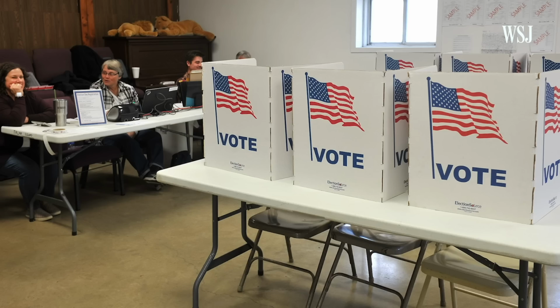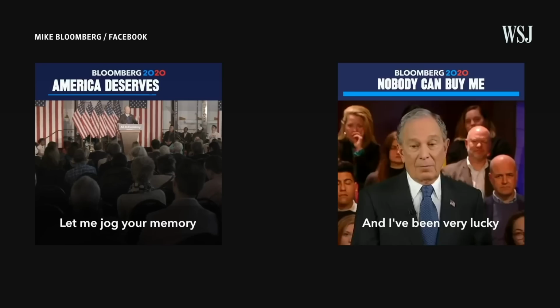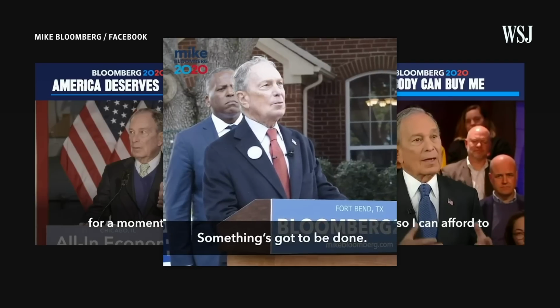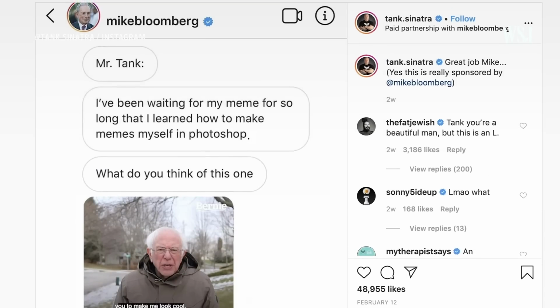So far this cycle, it's yet to be seen what new techniques might be used in the political digital advertising space. But with sophisticated political campaign companies like Michael Bloomberg's Hawkfish vowing to use its resources for the Democratic presidential nominee, experts are watching closely. So if you are living in Kenosha County, Wisconsin, which is a swing county, voted for Obama twice and then Trump by less than a point, you're going to see hyper-local Kenosha County ads by Trump and the Democratic nominee. So both in content and visual, you're going to see very, very localized advertising in the presidential campaign.